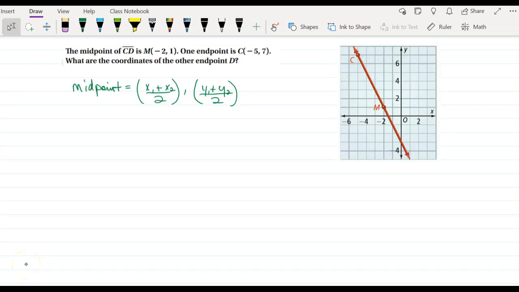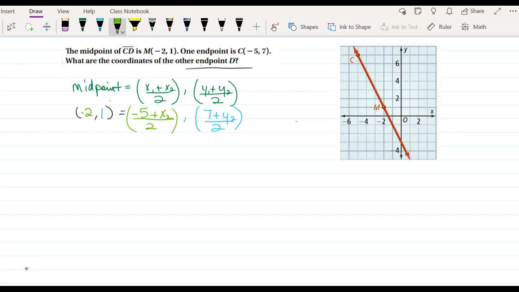So here we have an example where they give us the midpoint and they want to know what one of the other endpoints is. So they give us the midpoint and an endpoint, but they're looking for the second endpoint. So what we're going to do, we're going to set this up using our traditional setup. So we're going to say negative 2, comma 1 is equal to,